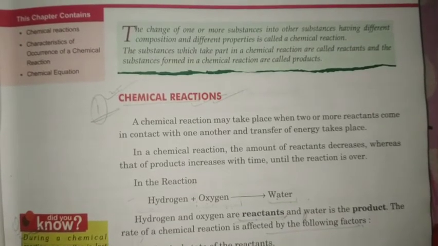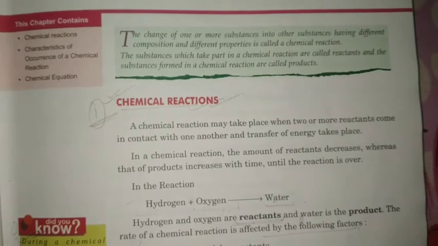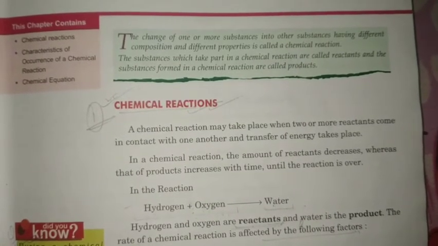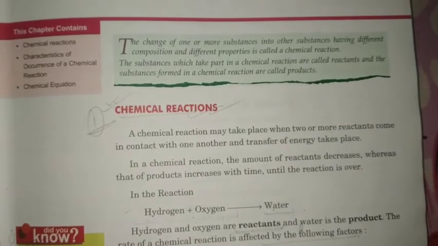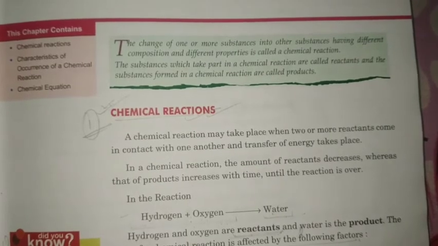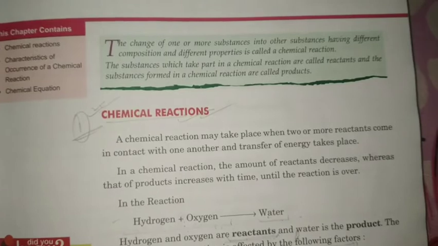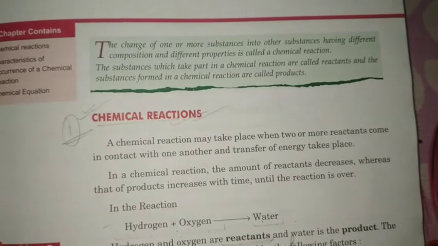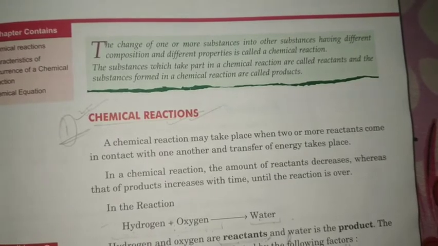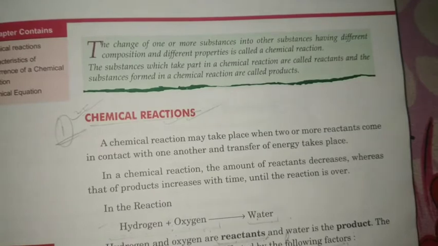Suppose you're taking water, you have added milk into it, then you have added sugar and tea leaves in a beaker or in a saucepan, and these are the substances which you have taken, and you supplied heat to it. So what will happen? All the substances which are present in the saucepan react and form a new substance,